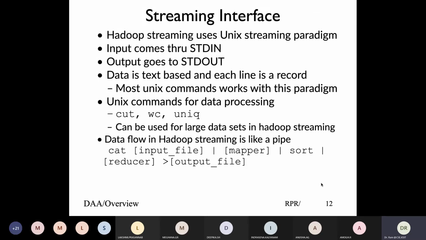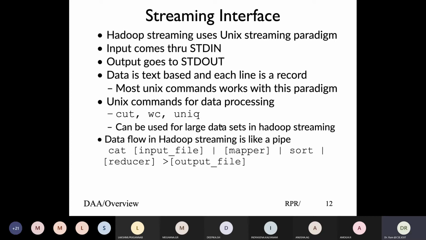So how do you test it locally? It doesn't have to be Python first; you can test even with the basic Unix commands. All we need to do is make sure that programs use stdin and stdout. So the basic data processing commands that Unix gives you are cut and wc. It counts the number of characters, number of words, number of lines. And in Unix, if it is sorted input, uniq tells you the unique number of occurrences of a particular word.